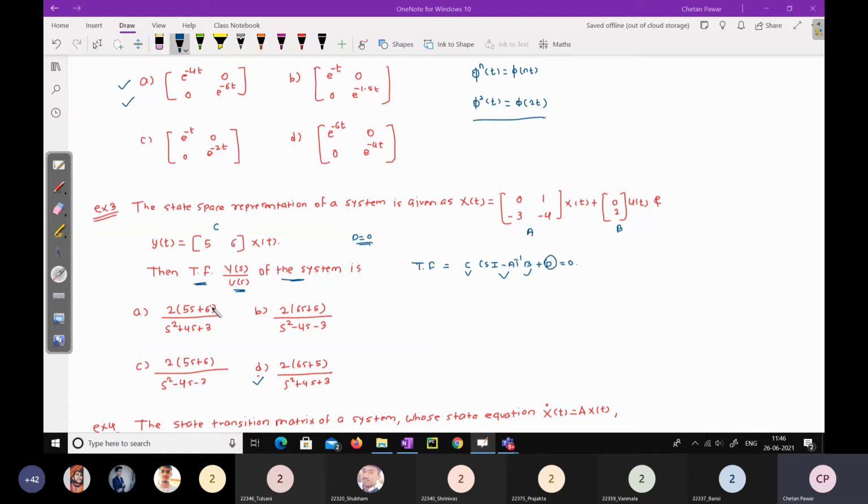But if you see option 1, what is the output vector? 6 and 5, if you traverse like this. But here, what is the output vector? 5 and 6. See, right? So this is the correct option. Like this, you can directly apply the shortcut technique and just tick mark the correct answer. In a GATE kind of exam, they may ask you a question like this. So have you got the idea how to solve it?